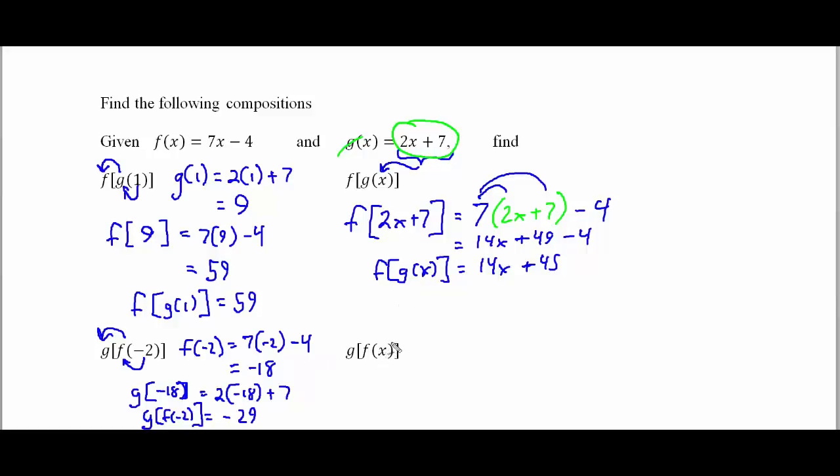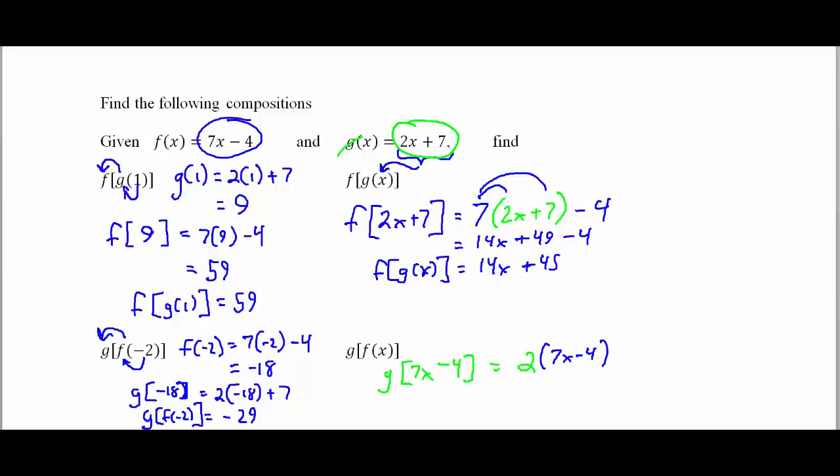Now down below, I'm going to do the same process. In fact, I'm going to start off with green, because my g of x is green. So this means I'm going to take my f of x and plug it into g. And so my g equation, which is now going to have the 7x minus 4 into it. I am now going to write my 2, and instead of x, I'm going to change back to the blue color to signify this function,